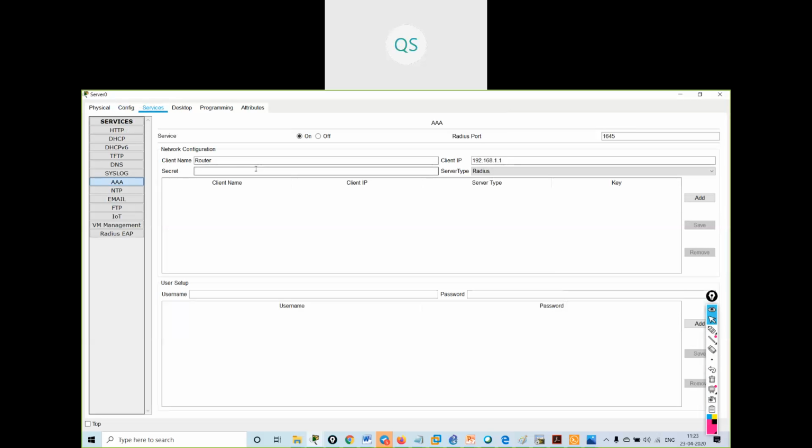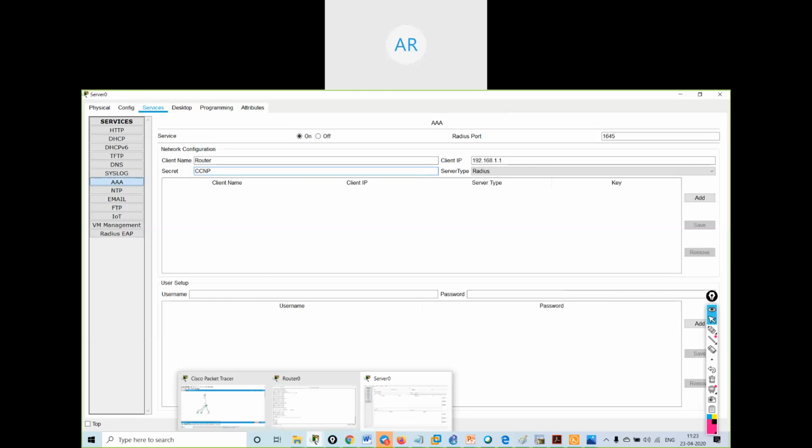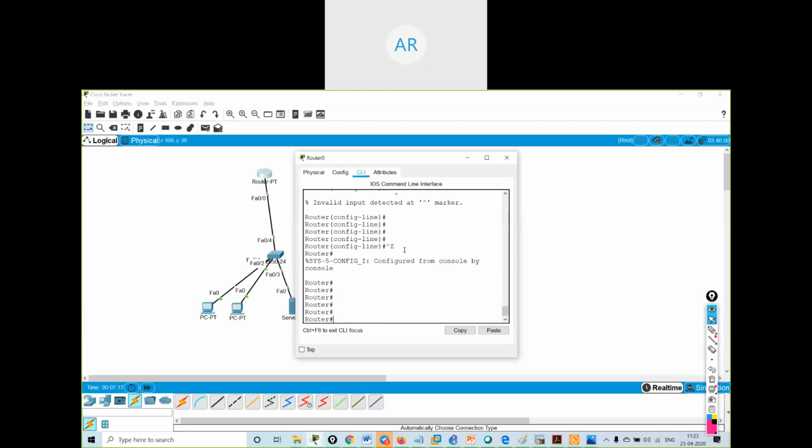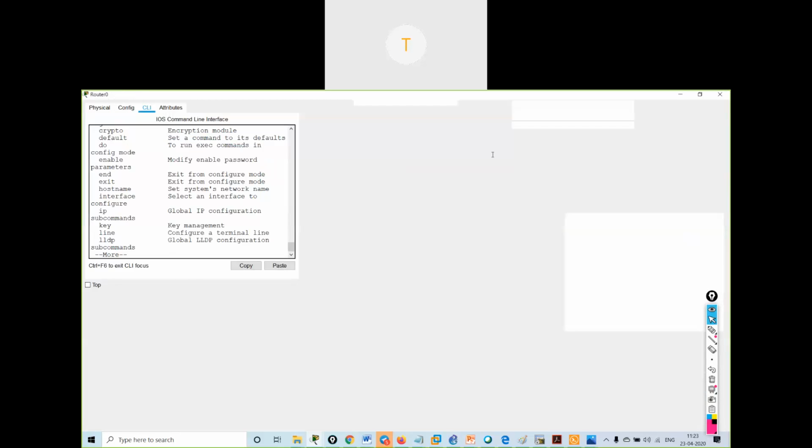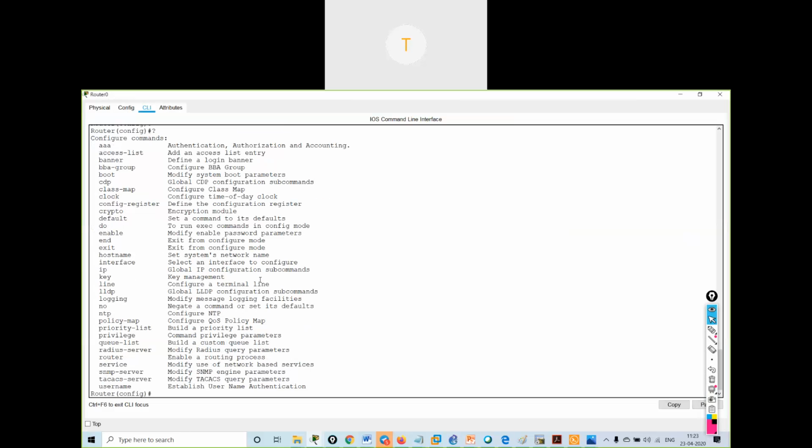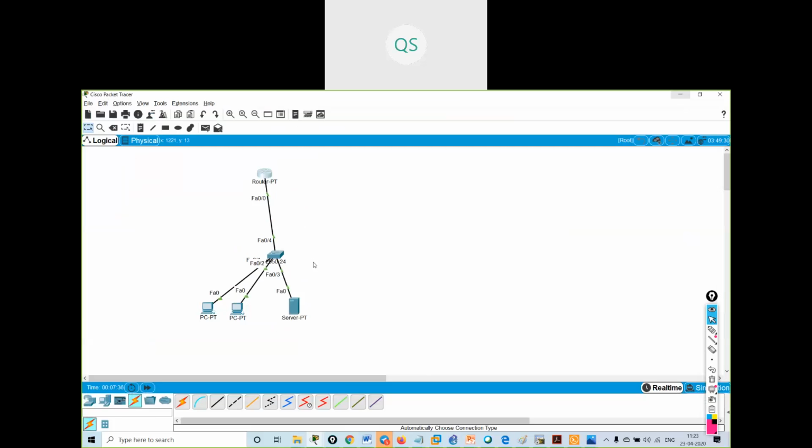Can't the router act as a server, like DHCP? In Packet Tracer, DHCP server is different. We are configuring AAA authentication. Can't AAA be managed by the router itself? I don't think there is an option for it. In a production environment also it will be like this, on a server. It's an AAA server. You can get the option in the production network.